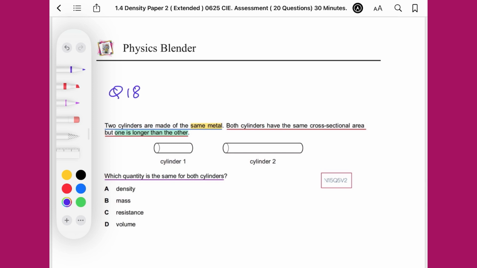Question 18. You have 2 cylinders made of the same metal. This information is very important. Why? Same metal means same density. As we said earlier, regardless of the shape of the object or how big the object is, if you have two objects made of the same type of material, the same type of metal, it means they have the same density. Because we said density